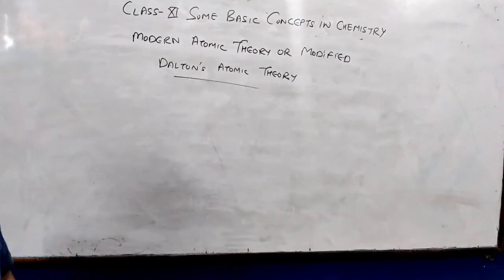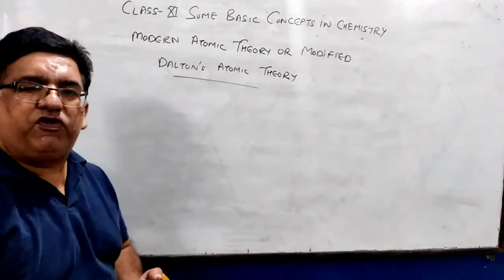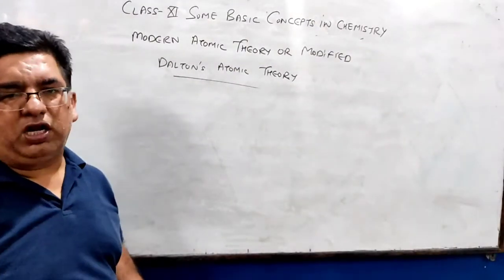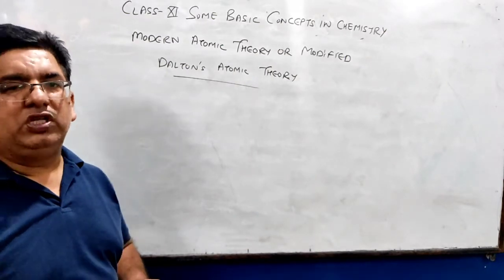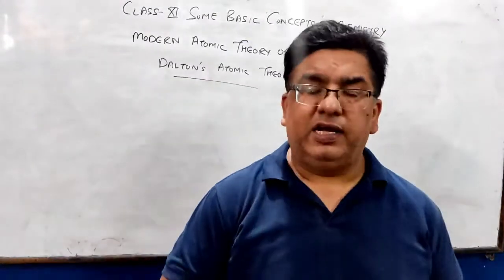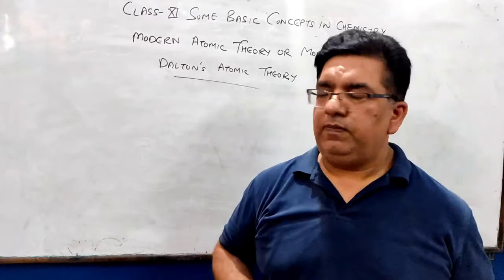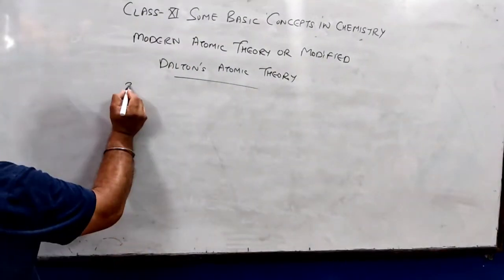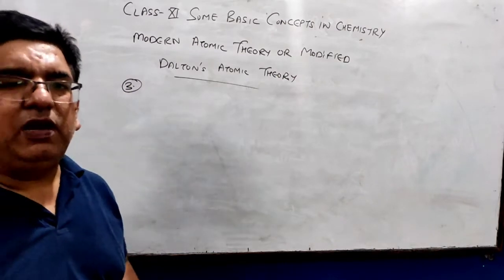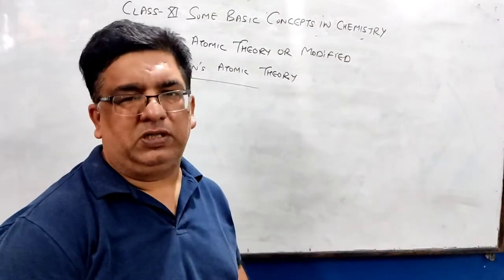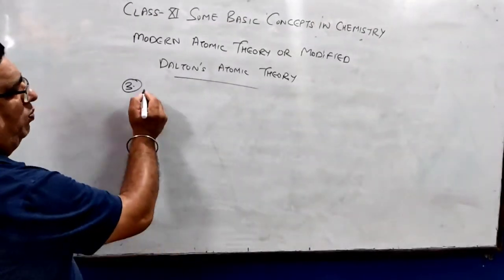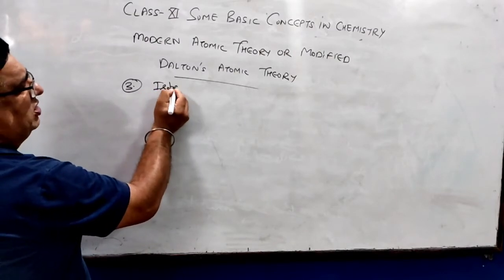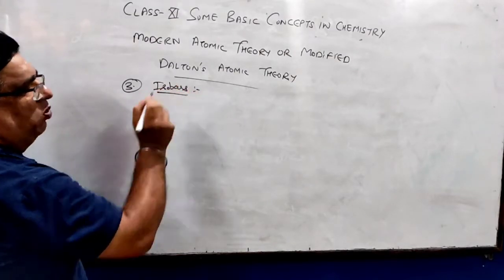In Dalton's atomic theory, it is said that the atoms of different elements are different in all respects. It means they should have different size, different shape, different mass, etc. But in the modern atomic theory, it is said that the atoms of different elements may be same in some respects. For example, isobars. कि मीन्स डिफरेंट एलिमेंट्स के एटम हैं उनकी भी कुछ चीजें सेम हो सकती हैं.